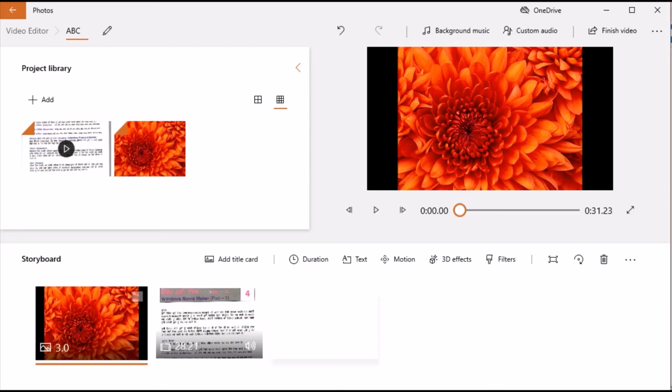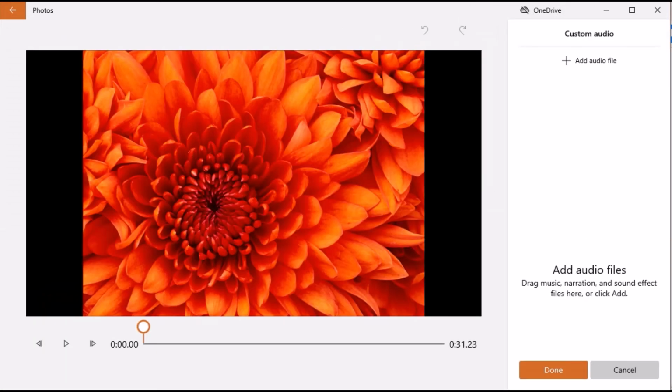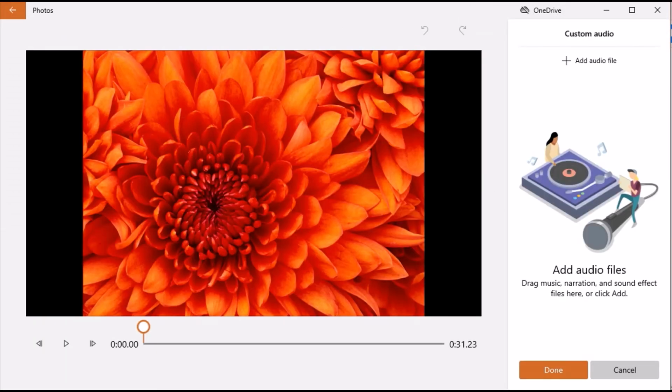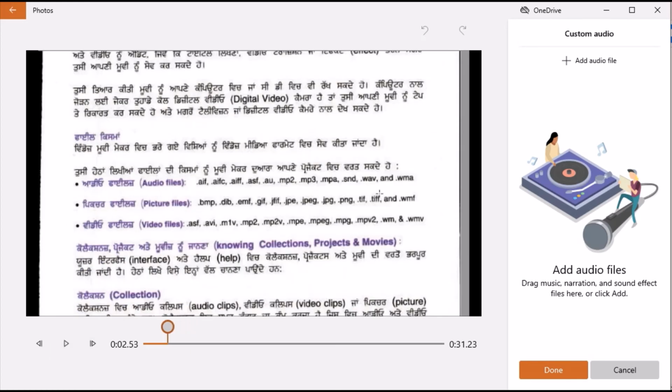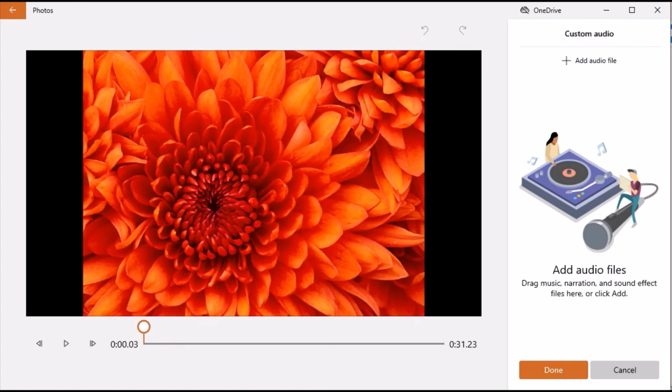Now the next option would be adding a custom audio. If I play this, it is a picture. This is how it's going to do. Now if I want to add an audio file, I can add it specifically in here. Add a file.